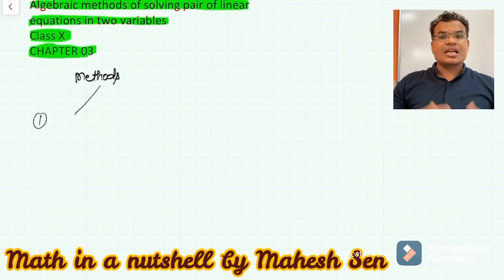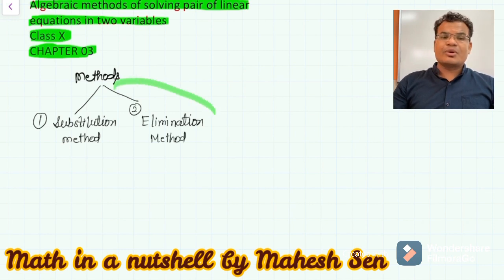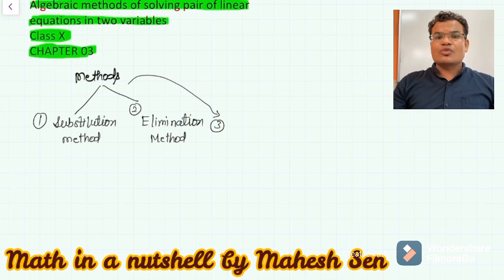So we can say there are three methods, and one by one we'll go through the three methods here. We'll put some equations here and solve them by these methods. The first one is the substitution method. We'll substitute one variable into the second equation and get the answer of x and y. Similarly, the second method is the elimination method. In this method we generally eliminate the first variable or the second variable and get the answer of the remaining variable, x or y. It depends on what we are getting.